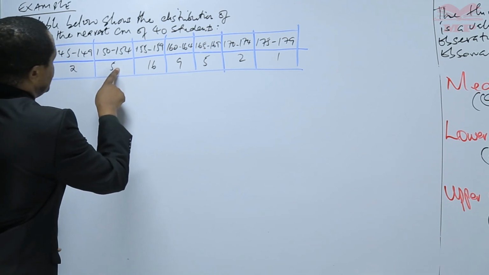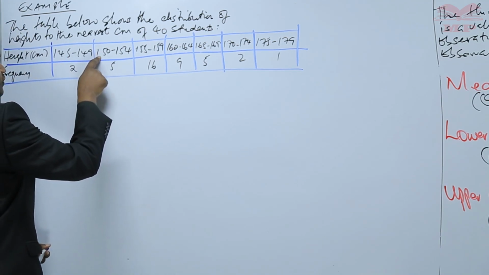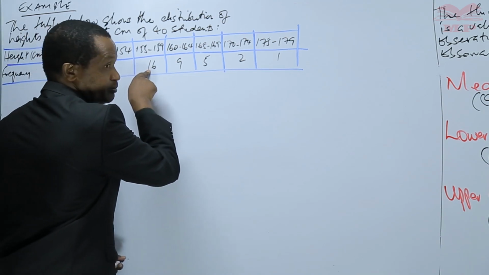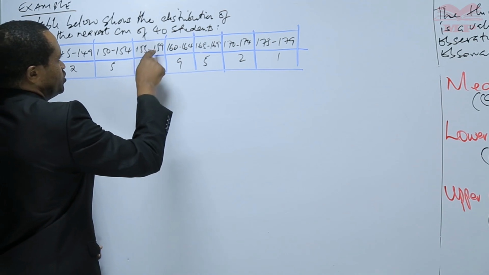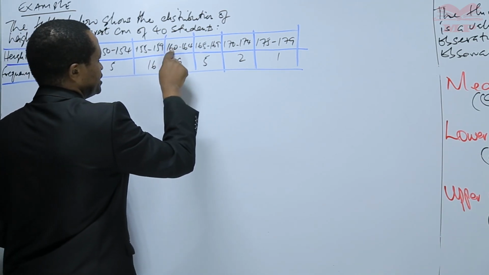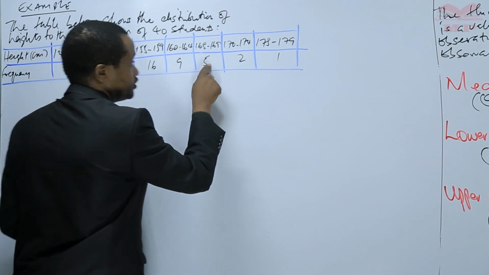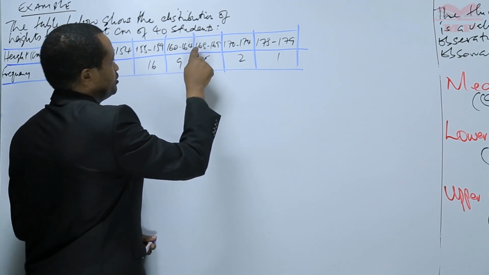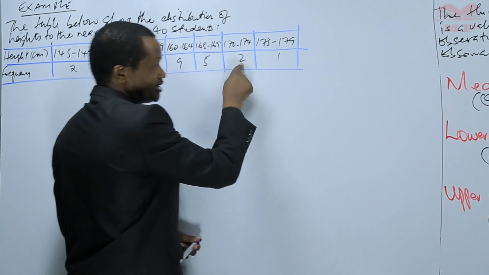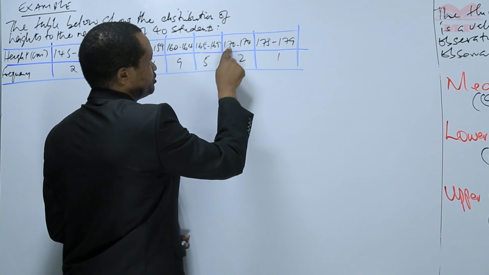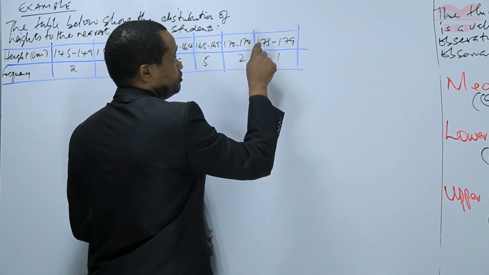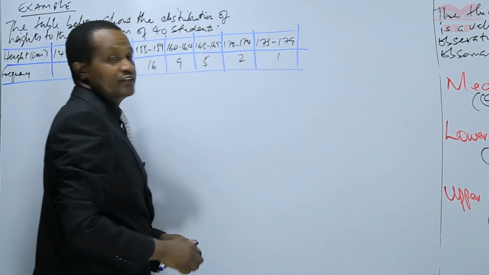Then 5 students' height is between 150 and 154 centimeters. 16 students measure 155 to 159. 9 students measure between 160 and 164. 5 students' height is between 165 and 169. Then 2 students' height lies between 170 and 174. And lastly, 1 student's height is between 175 to 179